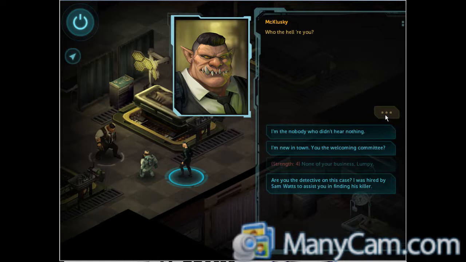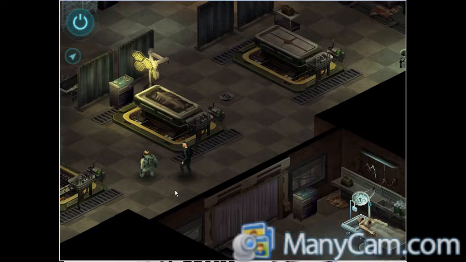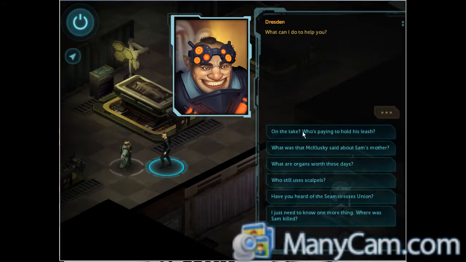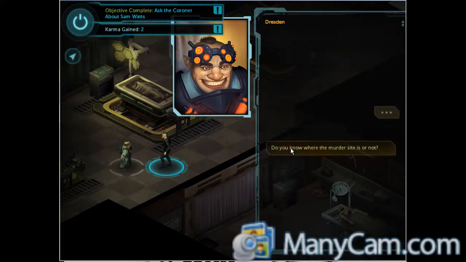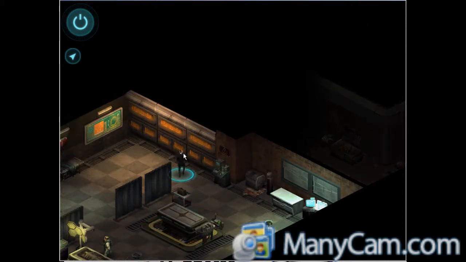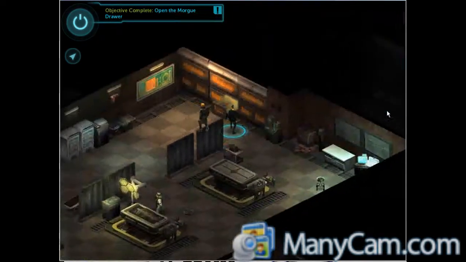Okay, and we're done with this little scene. Okay, so we're going to go over here and open the morgue drawer because that's what they want you to do. Okay, we got us another player here. Not player, but